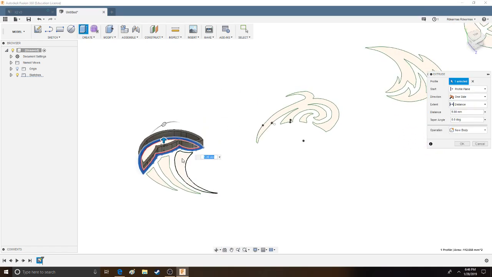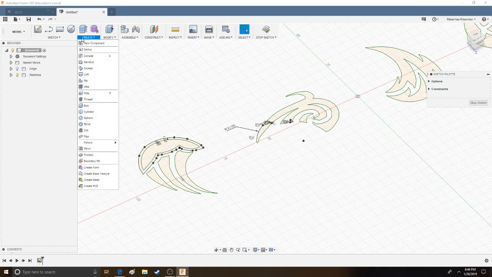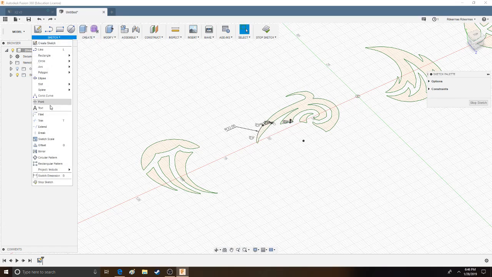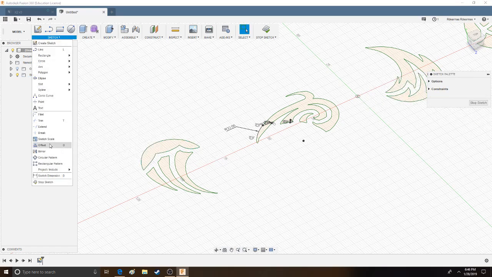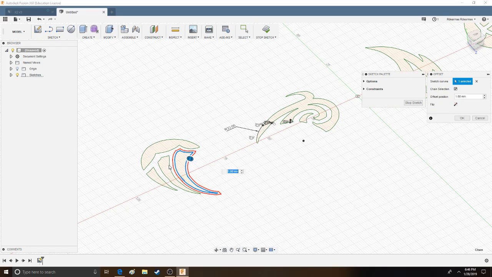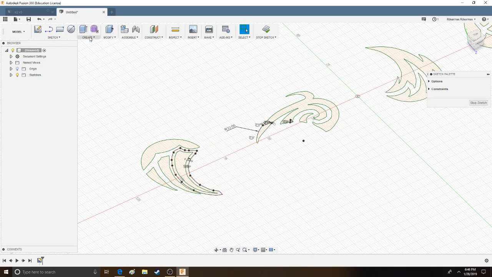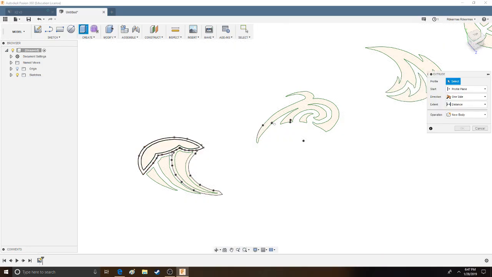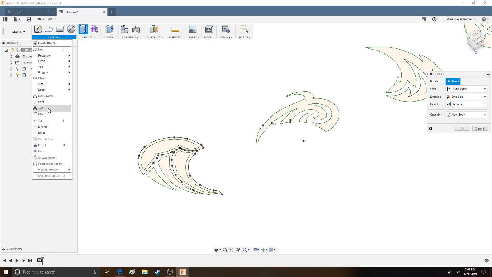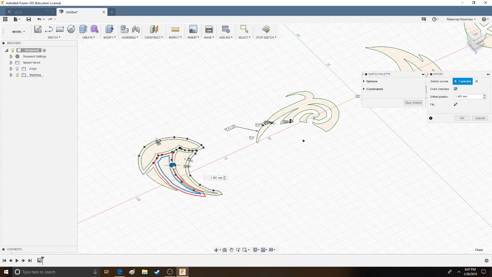Another way you can do this is selecting more than once. So we're going to be going back. Sketch, offset, selecting on this. This, and looks like you can only select one with offset. I must have been mistaken. So you can select that, leave that as an offset, and then also go down and redo this as an offset. So you have these both as offsets. Might as well do the entire thing now that I'm here. Let's get these offset